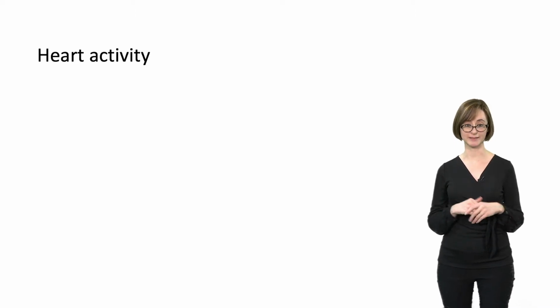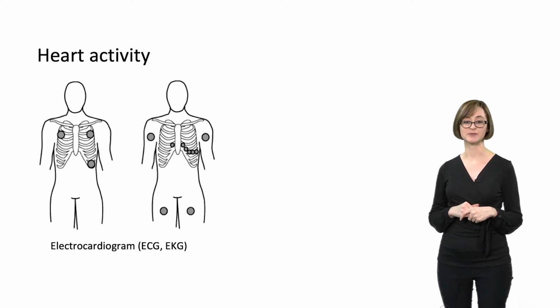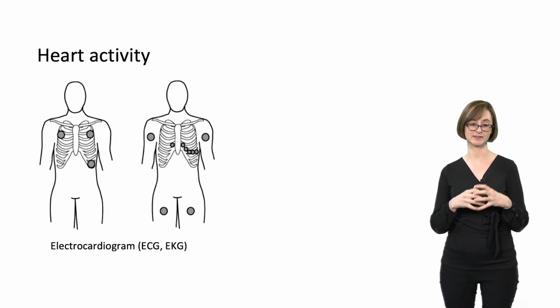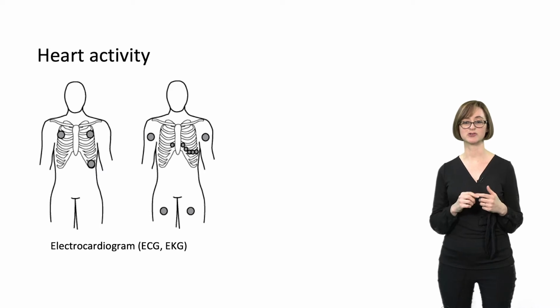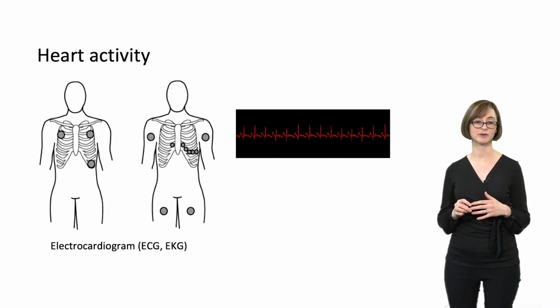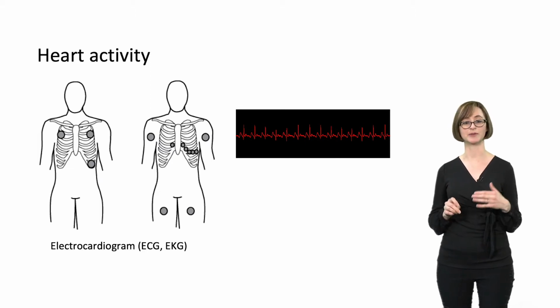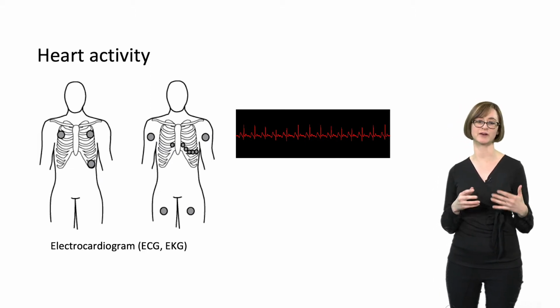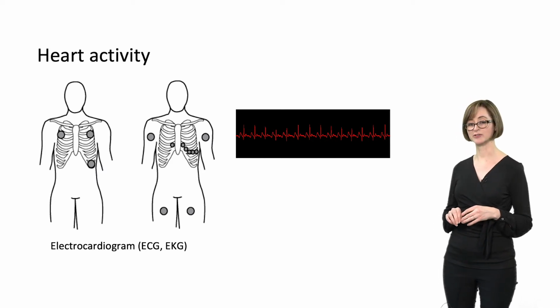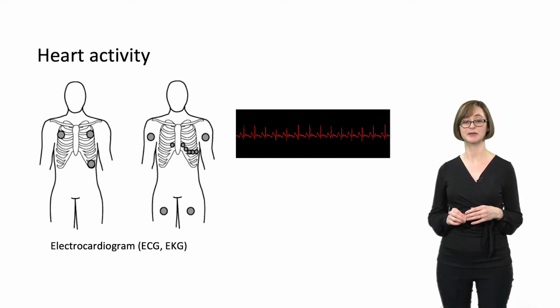Starting with electrically, the electrocardiogram senses the electrical potential that's generated when the heart muscle contracts. 3 electrodes in a triangle around the heart will pick up a basic signal like this, and in a hospital they'll use many more electrodes so they can pick up the individual components of the heartbeat to evaluate if the heart is functioning properly. Measuring electrical signals through the skin is hard to do in clothing because the signal is